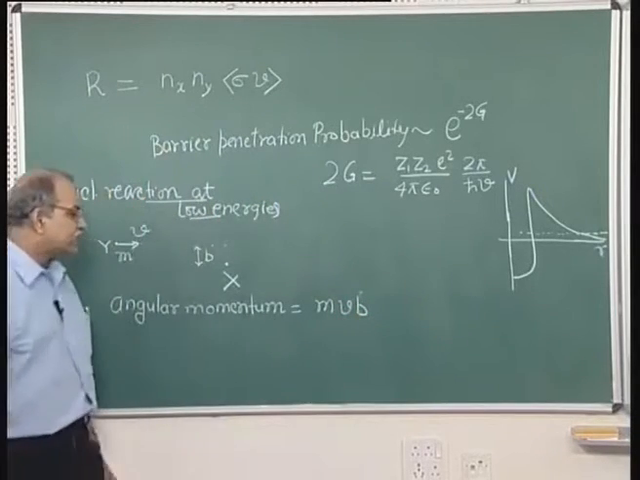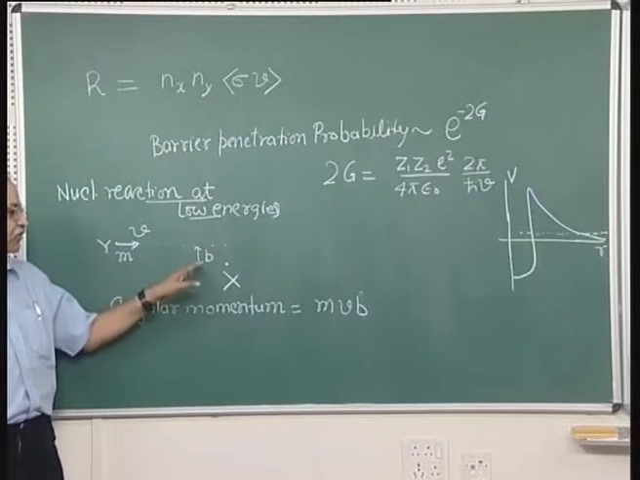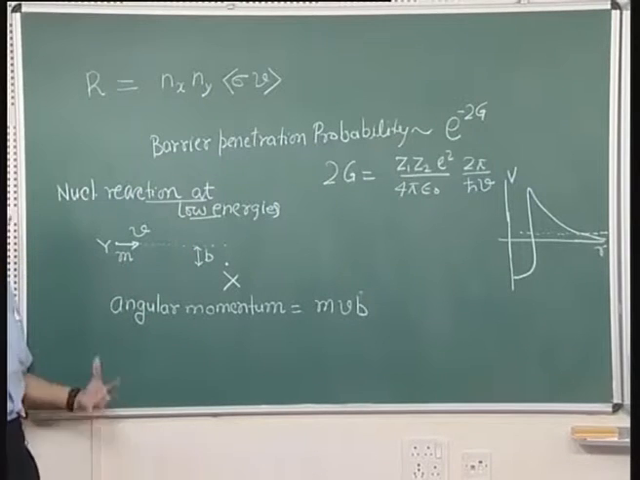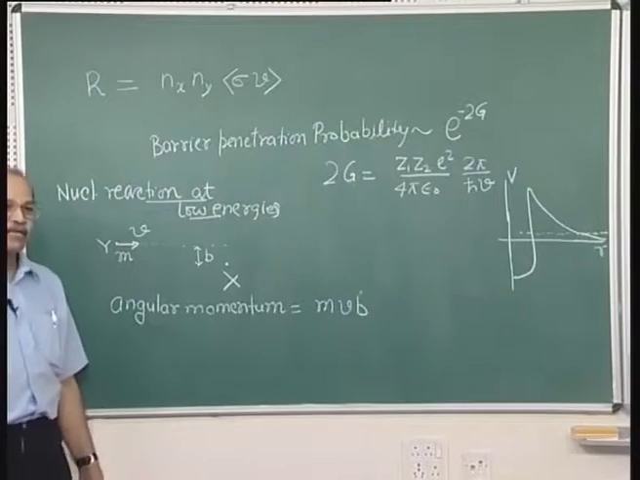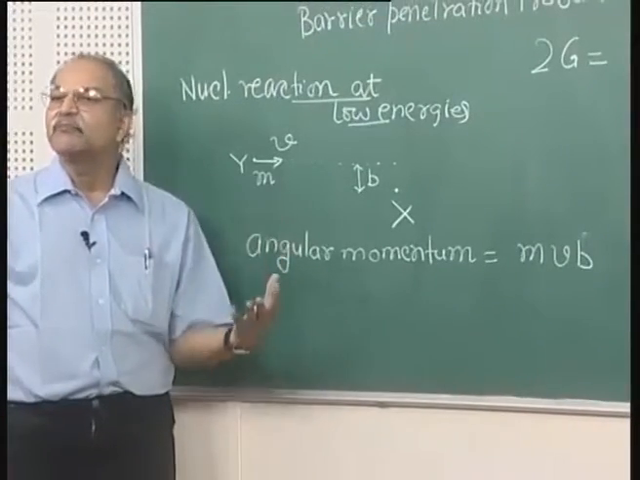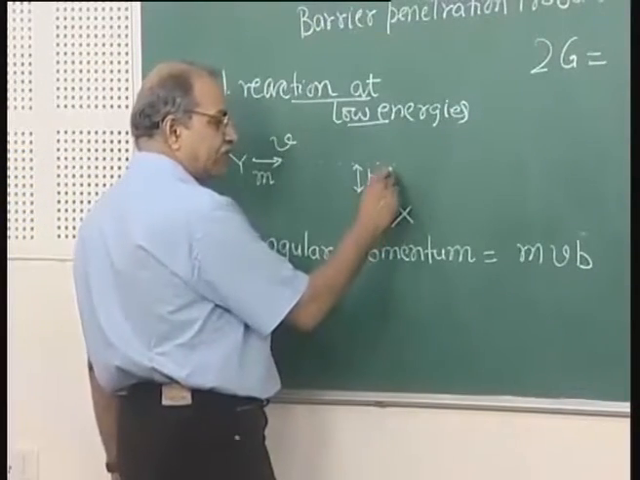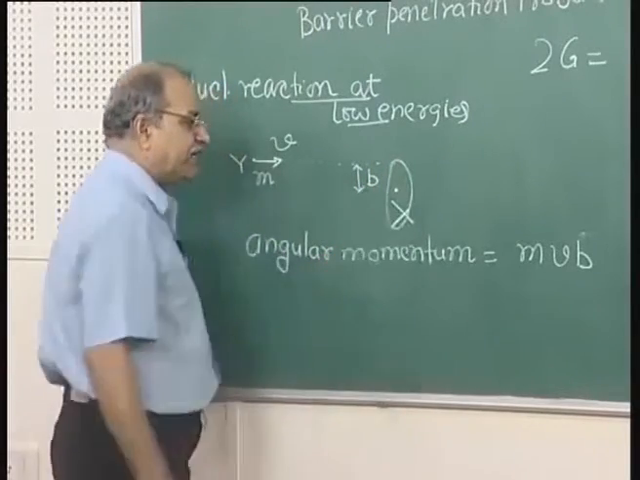That is the angular momentum. Classically, this b can vary continuously, and therefore angular momentum can take any value. But if I bring in a quantum mechanical picture, the angular momentum has to be quantized. In any direction, it is some integral multiple of h cross. So, if I construct a circle here around this x of radius b,